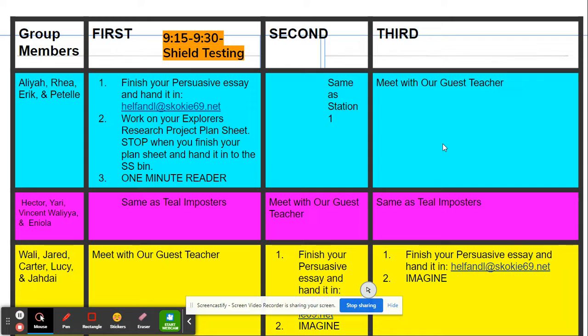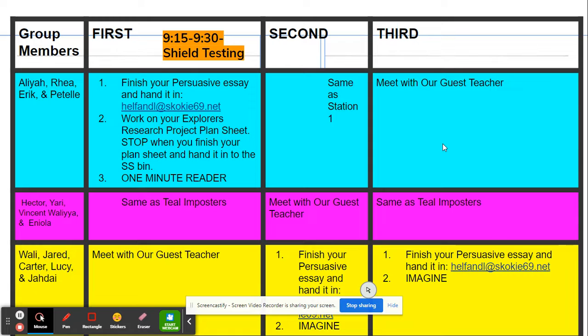So, here are the directions for the kids of what I want them to be doing during their stations during guided reading when they are not with you. When they are with you, where it says meet with our guest teacher, you're going to work on the plans that I've left you at the back table. Every group has a new book to start, and the lesson plans are inside the little folders inside the baggies that I've left on the back table for you.